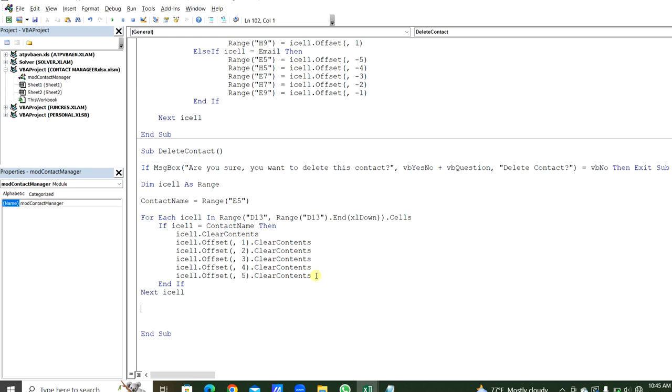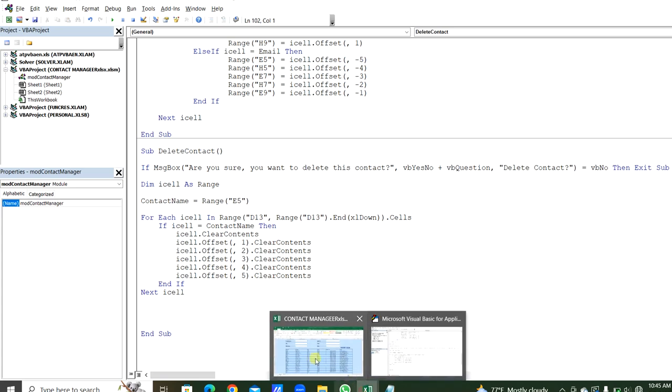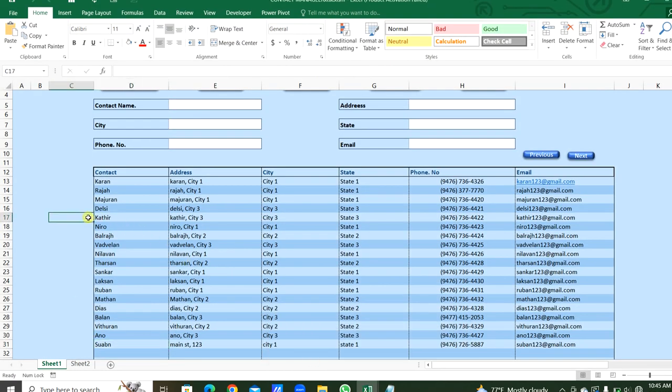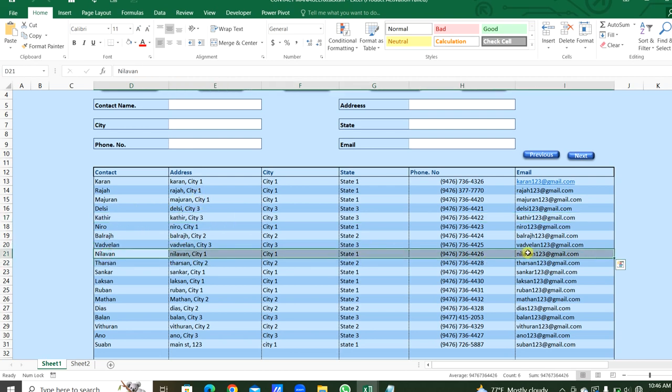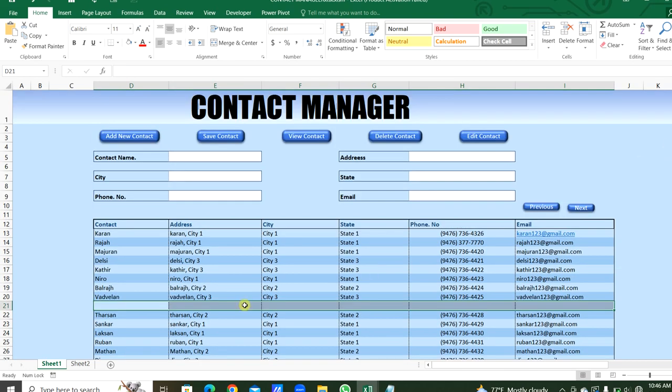Now the time to delete that row. Now after clearing these contacts from that field, let's say we are clearing this row from here to here, right? After that, this row will be empty. After clearing that, we have to delete this row. Otherwise, there will be an empty row within this record. This row is deleted using this procedure. Then how we are going to select this cell here,